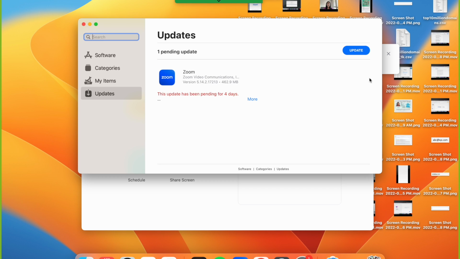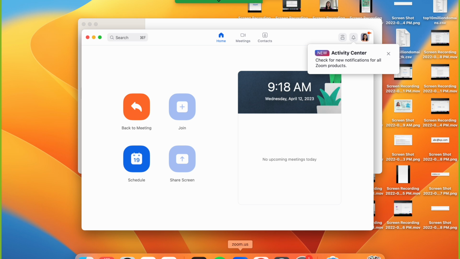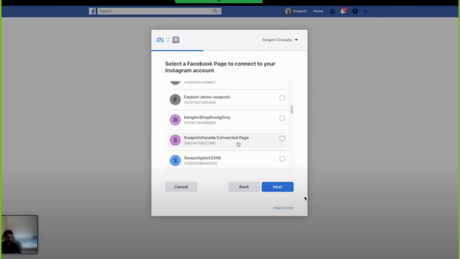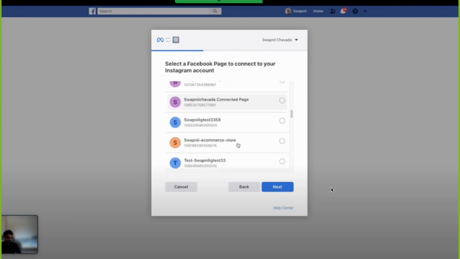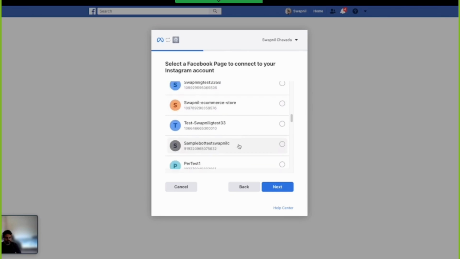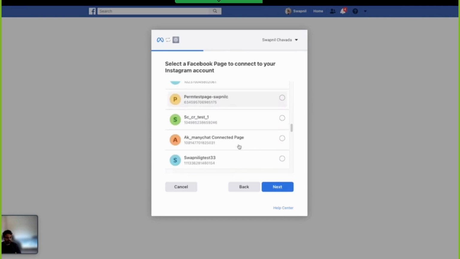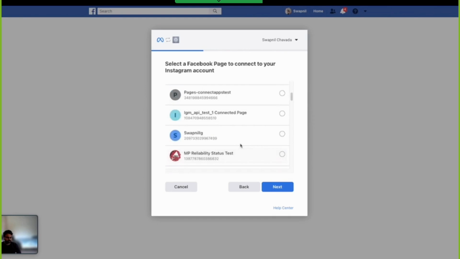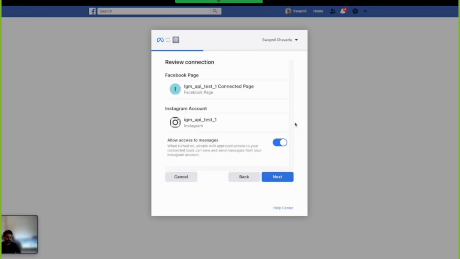Like we learned earlier, a Facebook page is needed. I have a bunch of Facebook pages that I can use with this Instagram account. If I didn't have any other Facebook page, I would also get an option to create one here. So I've selected a Facebook page that I want to connect with the Instagram account.